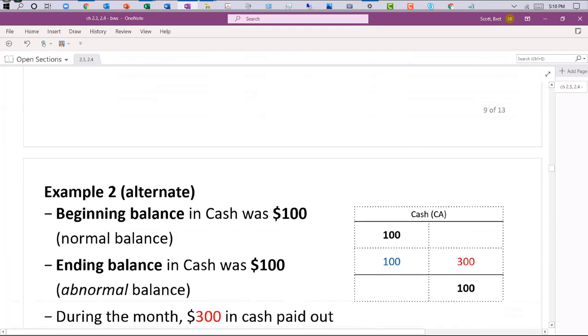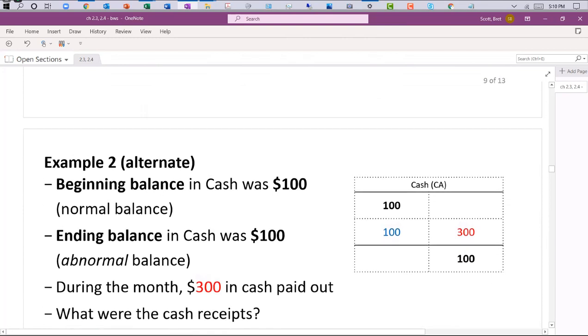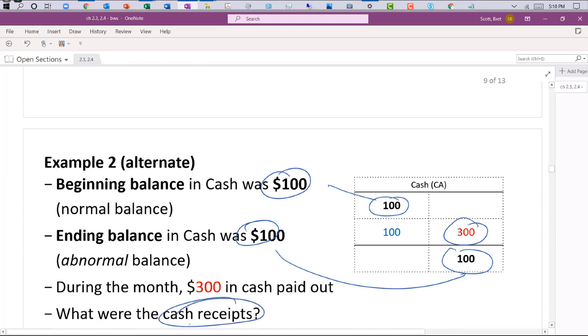What if I give you a beginning normal balance of 100, an ending abnormal balance of 100, and I tell you that cash payments during the year were 300? Could you figure out what the cash receipts were during the period? Of course you can. It takes a little bit of algebra, but most importantly, students do not do well on these types of problems on exams because they jumble up all of these numbers in a T account. You've got to practice sketching these things out, drawing them out, just so that way you don't miss any points